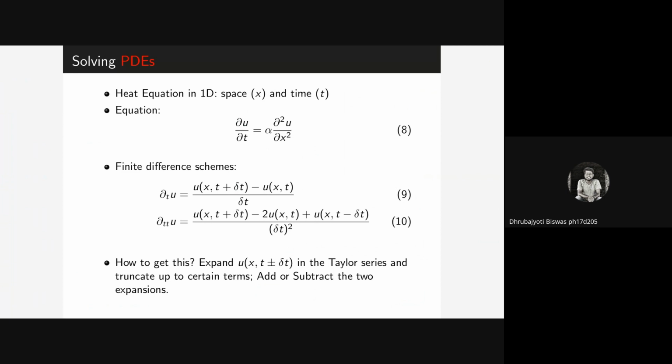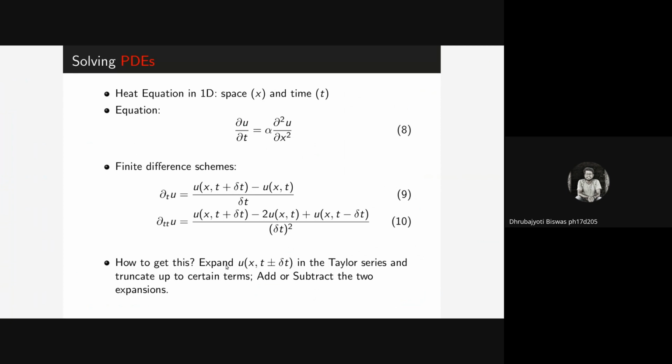So we will look at what are called finite difference schemes. You must remember the definition of the limit that you had done in school or college, and this looks similar, isn't it? So del u del t is u of x, t plus delta t minus u of x, t, divided by delta t. This looks very much like the definition of the derivative. You can also get this by expanding u at x comma t plus delta t in a Taylor series and